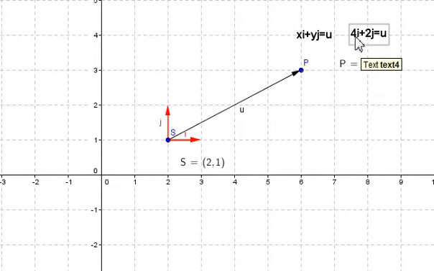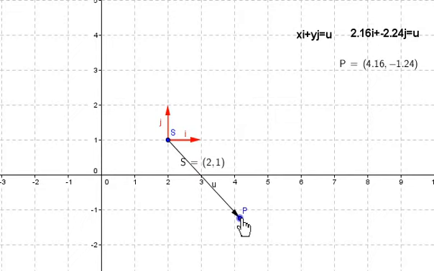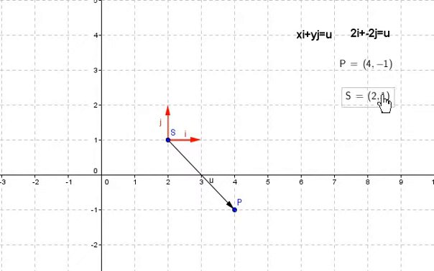So if we want to find the first coordinate, we subtract 6 minus 2. And if we want to find the second coordinate, we subtract 1 from 3. 3 minus 1 is the second coordinate. And this works also for negative coordinates. So here the first coordinate is positive because vector u